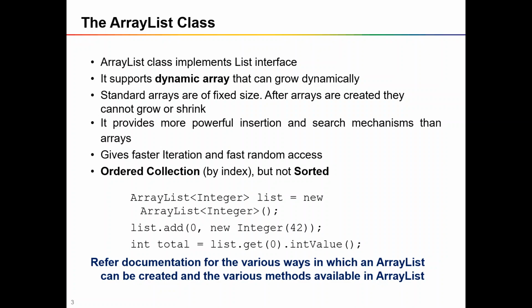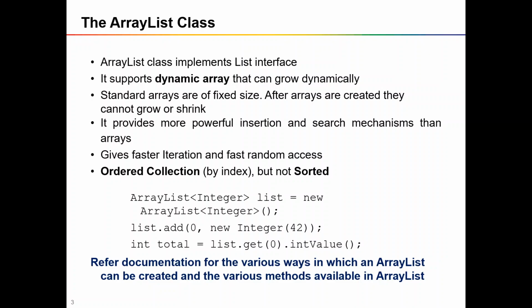The ArrayList class is a child of the List interface. ArrayList implements List, and it is a dynamic array. Whenever you add an element into the ArrayList, it grows dynamically, and whenever you delete an element from the list, it shrinks dynamically. Compared with arrays in Java, which always start with a fixed size, ArrayList is entirely dynamic in size. And ArrayList provides you an efficient way of insertion and searching elements.